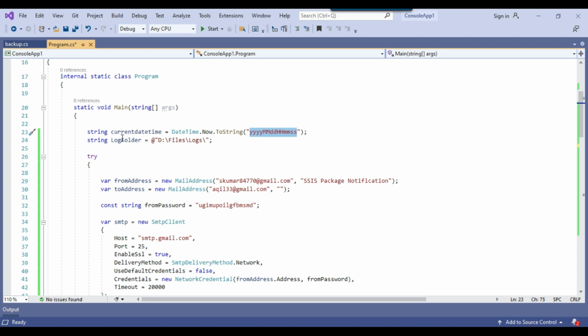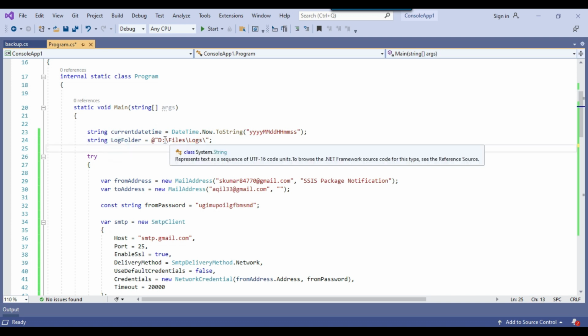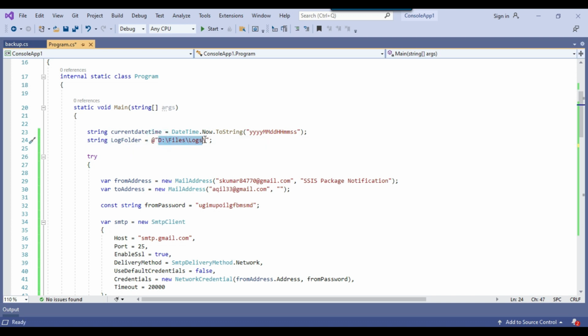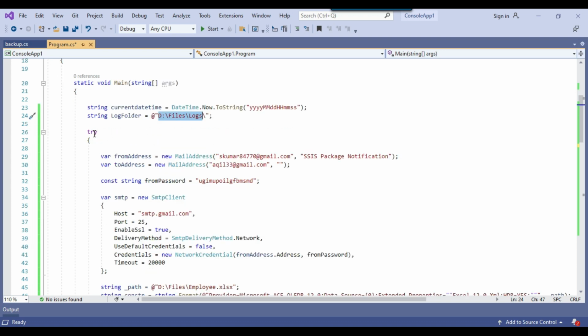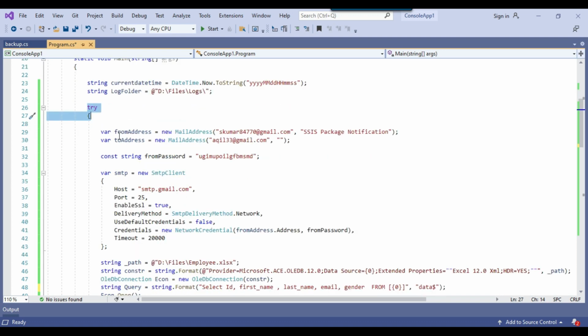Okay, and this is another string variable, the C# variable log folder. This path is configurable. If in your system you want to create the log file at a different location, then you can put your own server location here. Okay, now this is the try block, and in this block we will be sending the email